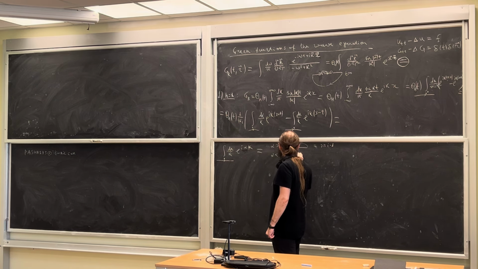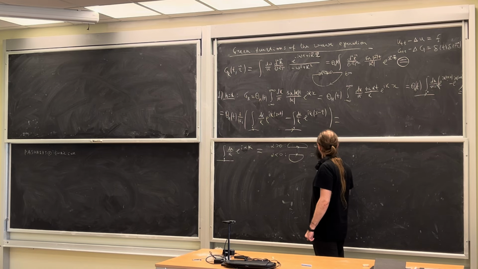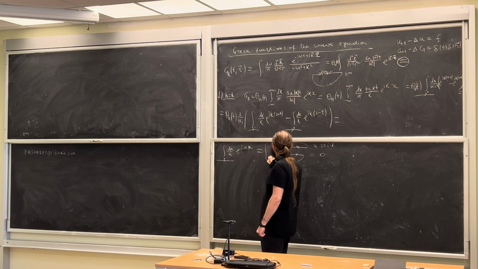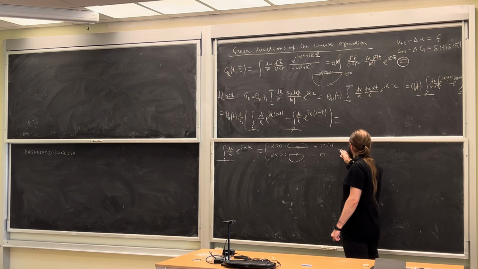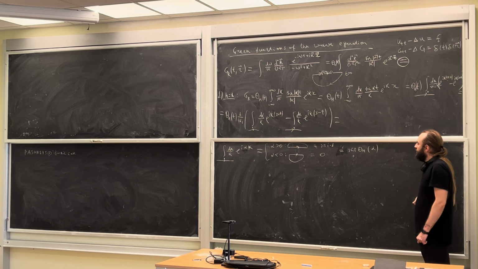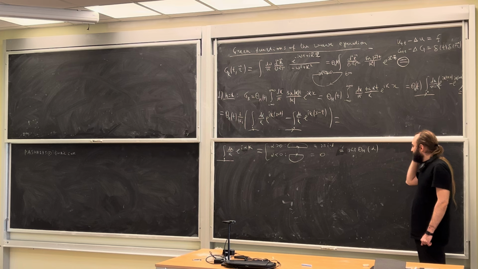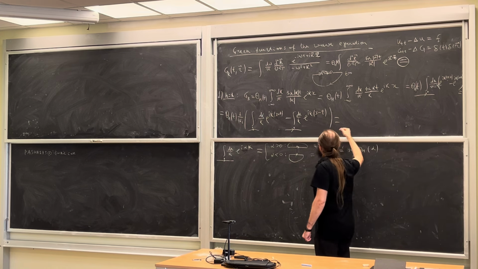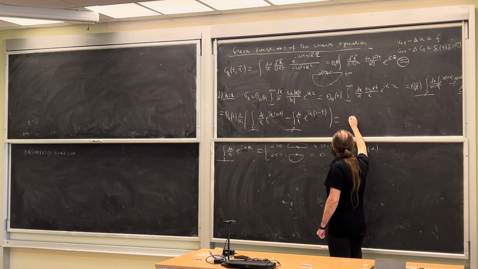If alpha is less than 0, then this contour can be closed in the opposite direction, and it gives 0. So overall, it is 2 pi I times heaviside theta of alpha. So let us use this knowledge in this case. We have overall